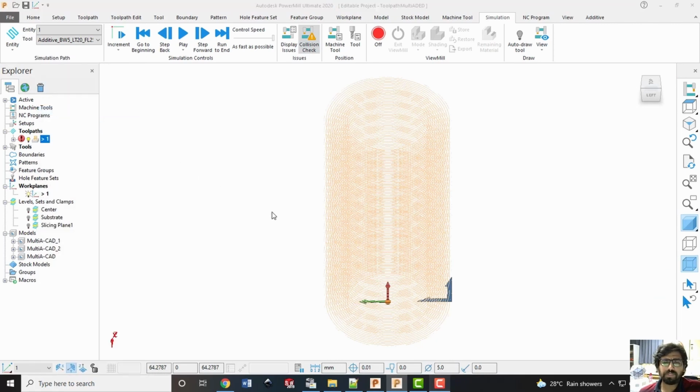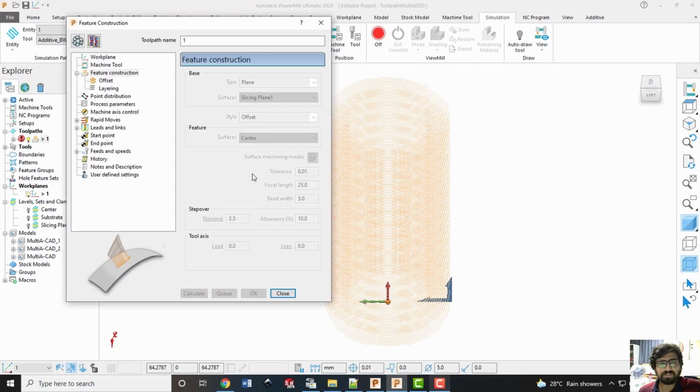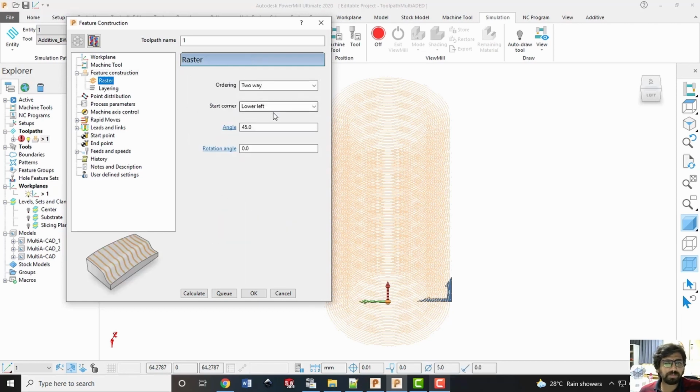Also, if you want, you can change the strategy from contour offset to other strategies, like we can keep it again raster as well. So if it is raster, we can keep it either one-way raster or two-way raster. It is starting from the lower left corner and angle 45 and no rotation, or maybe you can keep some rotation maybe of 20 degree for each and every layer, and then again you can calculate.